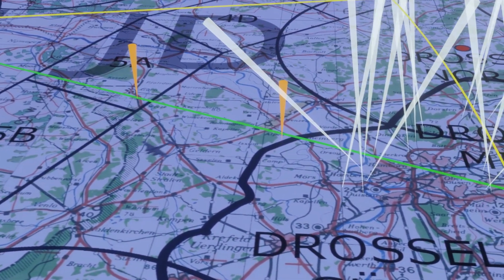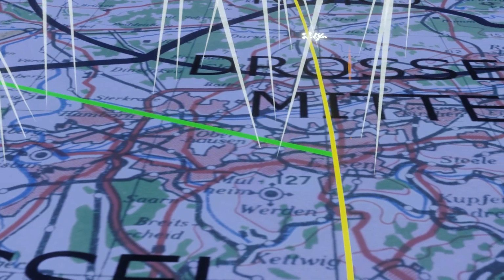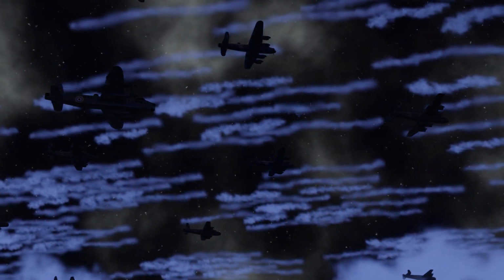Two more Halifaxes are shot down by their night fighters. But the high-flying Mosquitoes are not intercepted. The first drops its yellow indicators north of Essen before starting its run on the Krupp works. Following on its heels are the main force bombers, which bank south of the yellow indicators and head into the